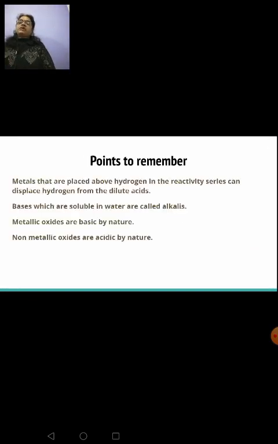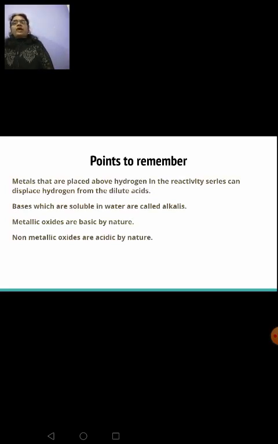So with that we are coming to an end today, and till now we have learnt the reaction of acids with metals, bases with metals, reaction between acid and a base, reaction of acids with metal carbonates and metal hydrogen carbonates, reaction of metallic oxides with acids and non-metallic oxides with bases. These things we have discussed now. And please remember these points.